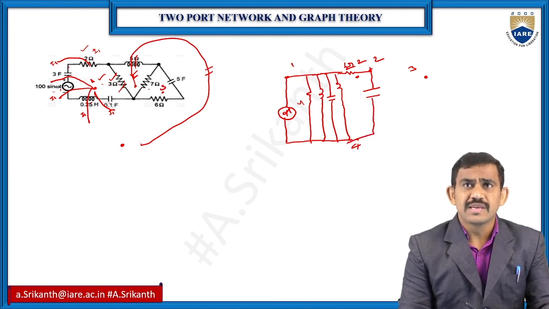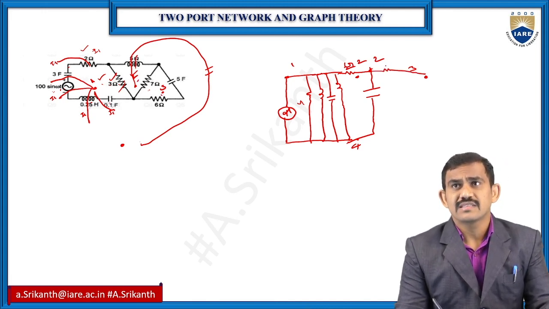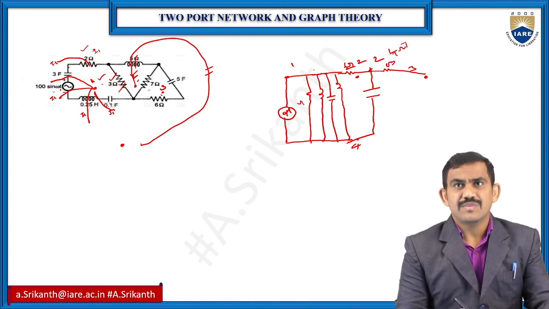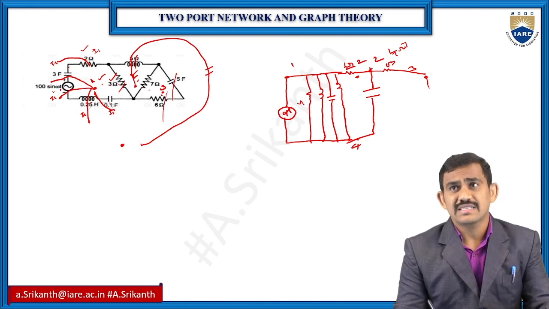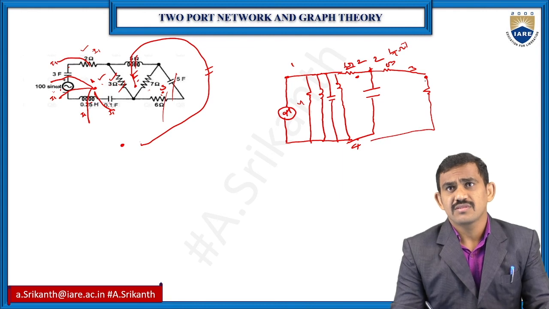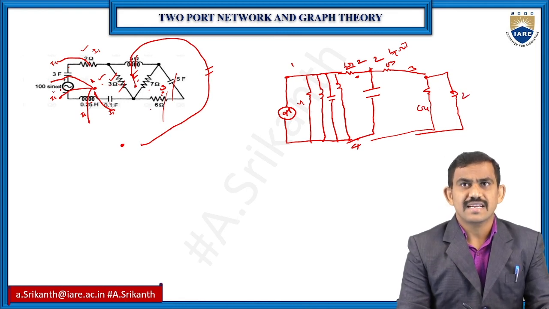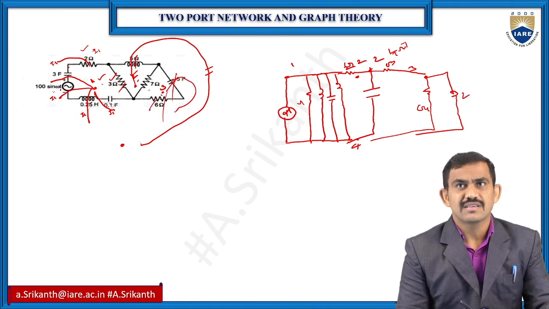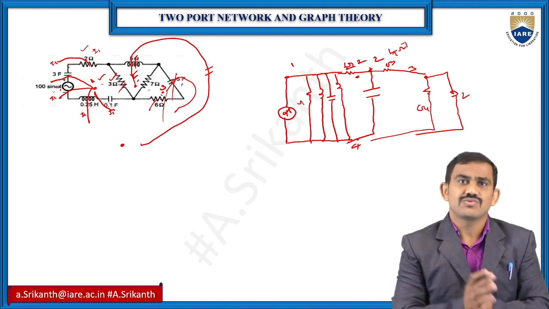Now coming to the 1 ohm, I have again 2 currents, that is loop 2 current as well as loop 3 current. So that is again one more conductance, that is G3, 1 by the ohms inverse. Coming to the capacitor and resistor, we have only one current. So only one current means that is converted into conductance G4 as well as an inductor. So G4, that is your conductance, and the capacitor converted to inductor. Only one current means connected to the direct reference, and 2 currents means connected between 2 nodes.